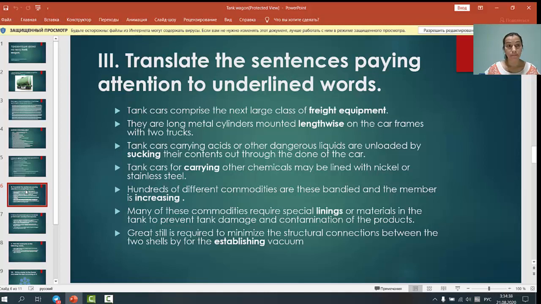For example, 10 cars comprise the next large class of freight equipment. Here, freight equipment